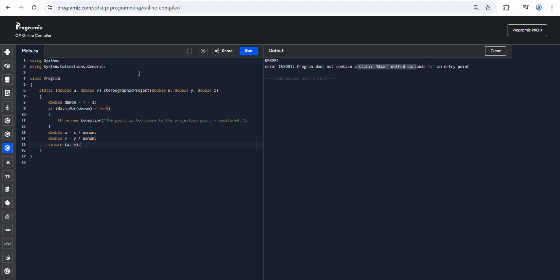So let's continue. New loop. Do I need a new loop? Yes, I think that goes before that. Okay, so they want a static main. Okay, let's give them a static main. Another loop there. Okay, so first of all, what are we actually producing here? Let's give it a title for all this. What do we want the title to be? I don't know. It's the stereographic